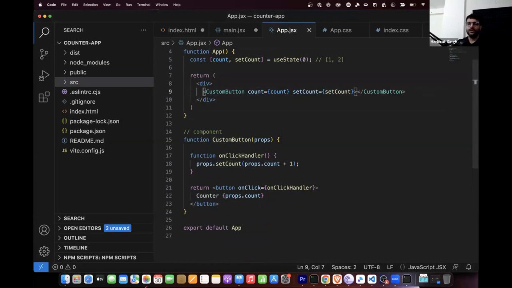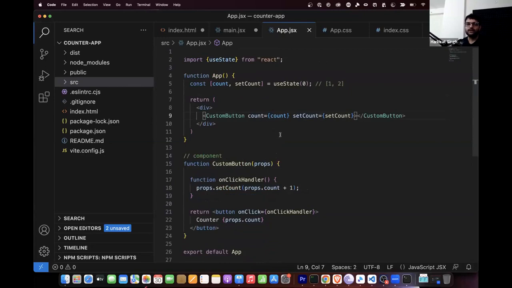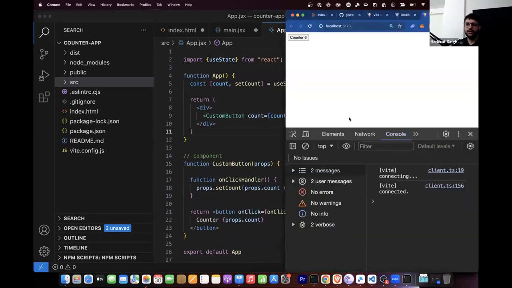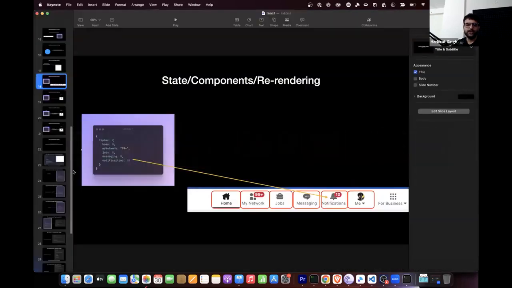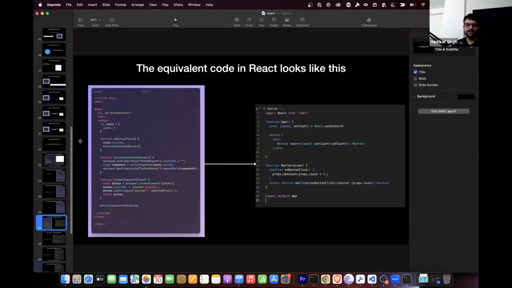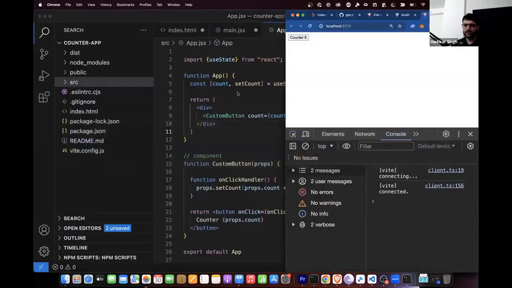Cool. A good question you might have at this point is, how is this syntax getting converted to document.createElement eventually? Because that's eventually what is happening, right? Eventually, all of this JSX file that you've written is getting converted into some code that looks like this, which has a bunch of functions and a bunch of document.createElement and document.appendChild calls. You don't have to get into that too much, but at a high level,